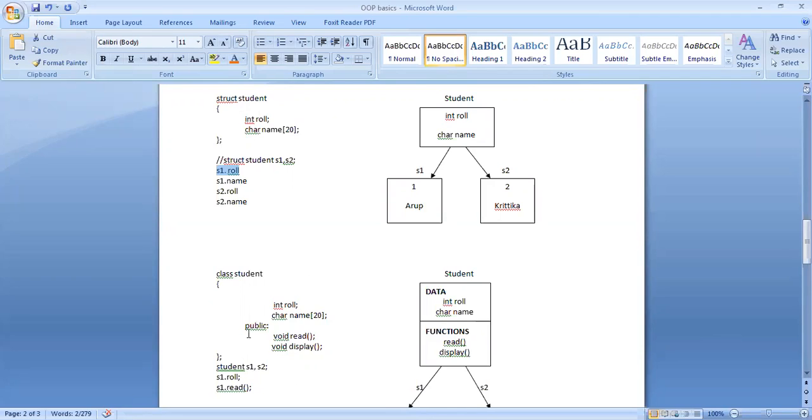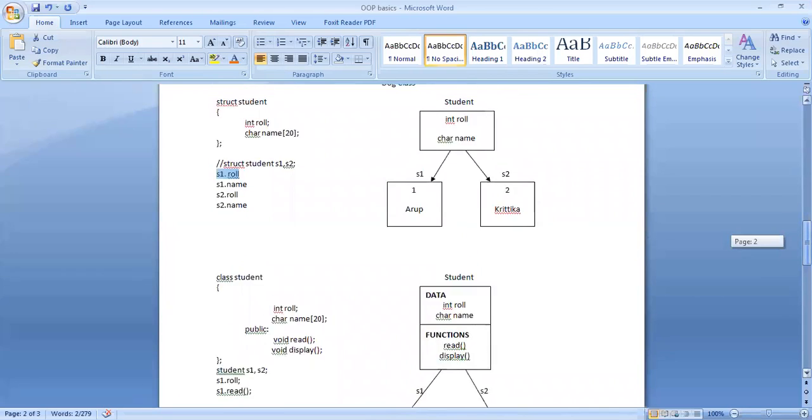Here we will learn to implement an object in real life, and an object not only has properties, but it also has associated behavior that it exhibits. So in this example below, the same has been represented but using a class. If you see, in structure we use the struct keyword, in here we use the class keyword. So student is the class here.